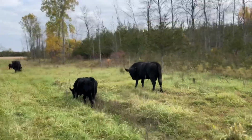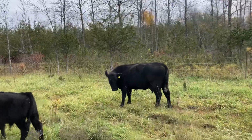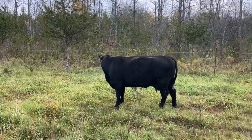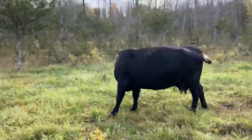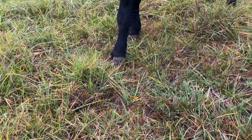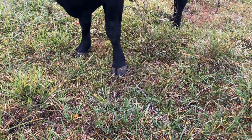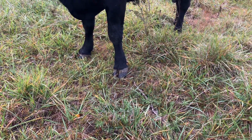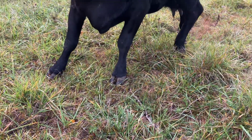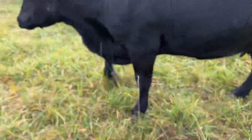I wanted to show this mom here because in the past video she was limping, and I generally didn't want to speak too much until I evaluated it. So I took a look at it, and she's actually walking better today. It's her front left, and you may not be able to see on the camera, but it's not showing any signs of being swollen. If it was swollen, then it would be something more severe, and it could possibly be an infection. With an infection, you want to see the underside of the hoof to see if there's any rot